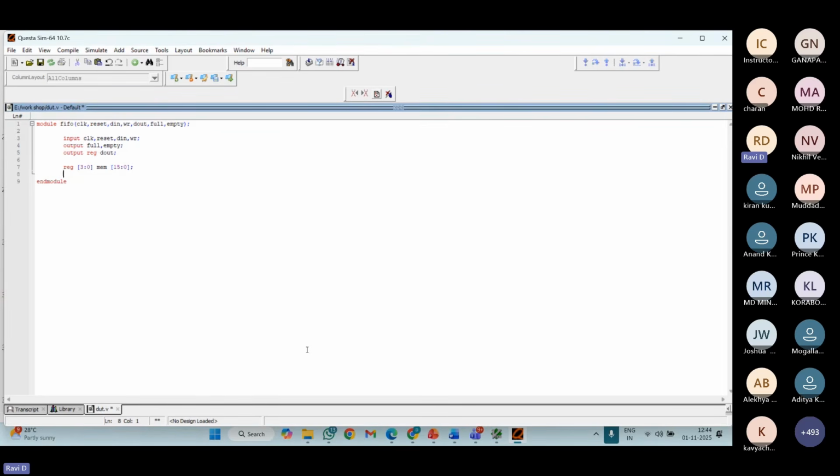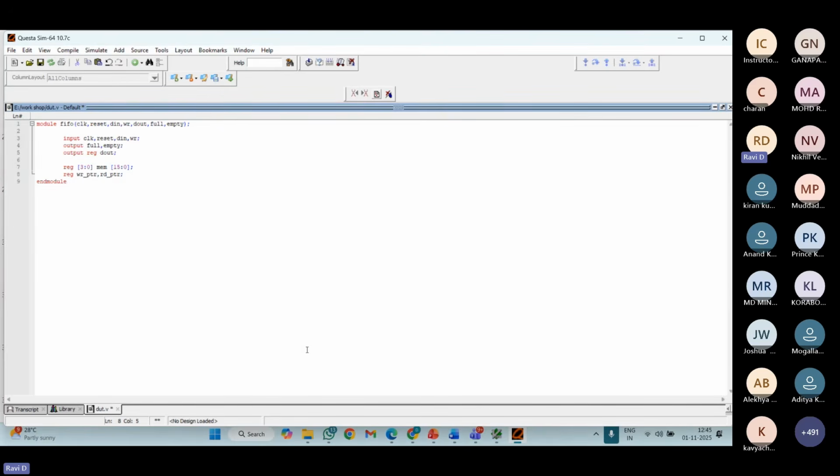And the next one is what? Internally, I have a few more signals. My signals are reg write pointer and read pointer. These two signals are going to increase and point out the locations. If you want to point out the locations, we have 16 locations here, so the signal I represent here should generate values up to 15.